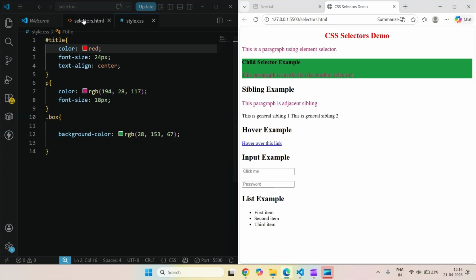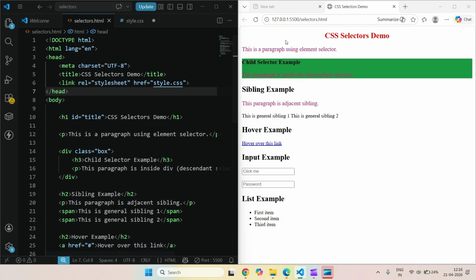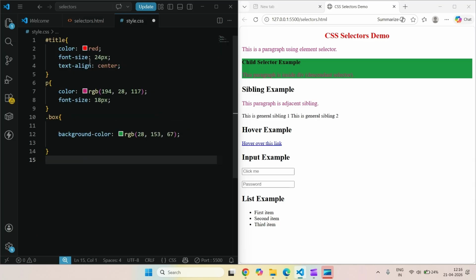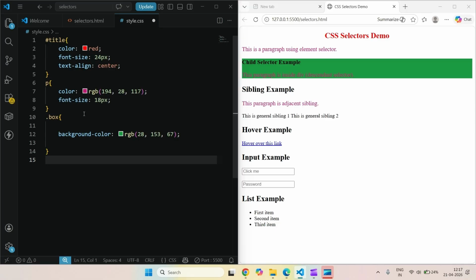Now we are going to see the combinator selector. Here we have seen the paragraphs all have changed to pink color, right? If we want one paragraph alone in a separate color, here it is inside a div, right? If we give div paragraph,